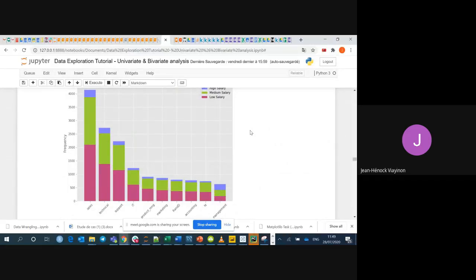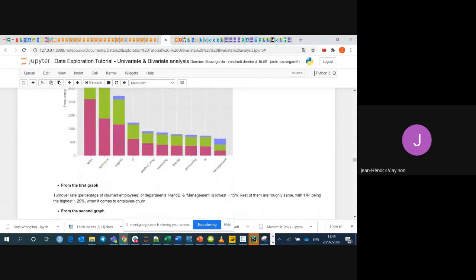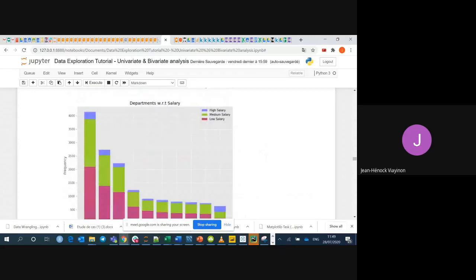If you do one and two, what is the next? You ask a question and then you find the answer, and then you ask another question and find an answer. But what is the next question to answer from the previous one? This is the kind of analysis I want you to do. Somebody doesn't need to ask you even to check the correlation between department and salary before you do that.